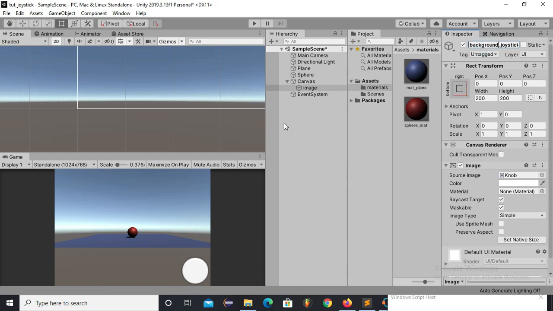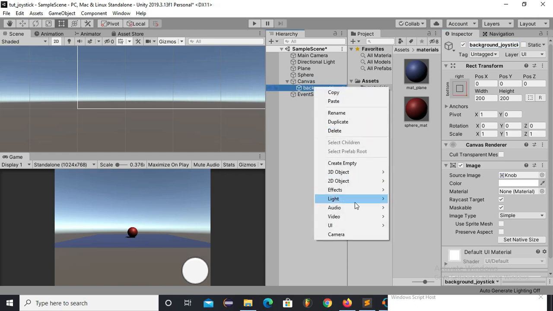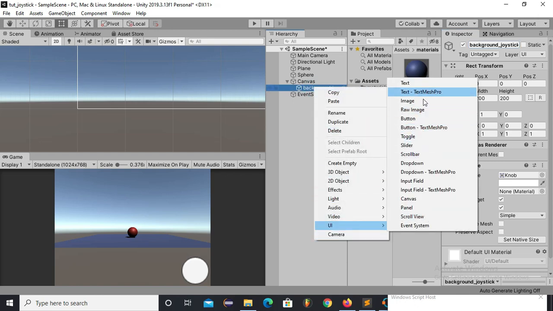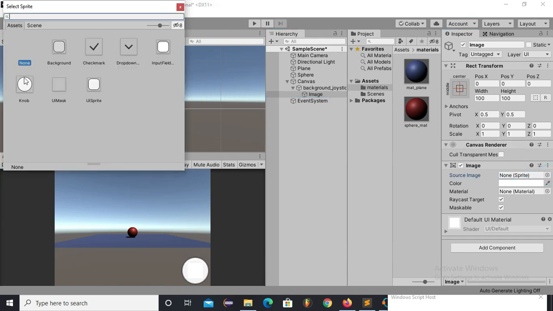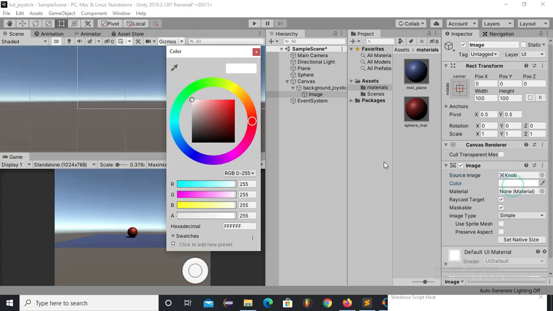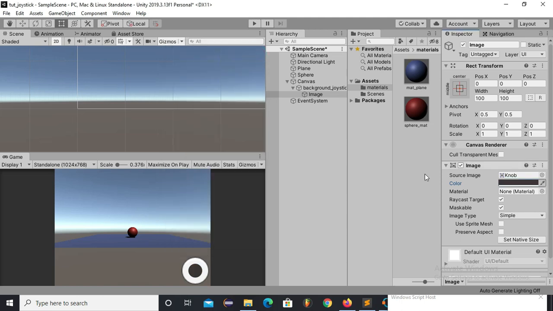I will rename it background joystick, and I will create one more UI component which will be the main joystick, and change its source image to knob, and to make it visible, change its color. I'm using this color over here, and you don't need to change the position and anchor position.